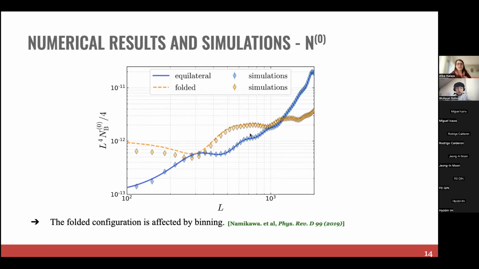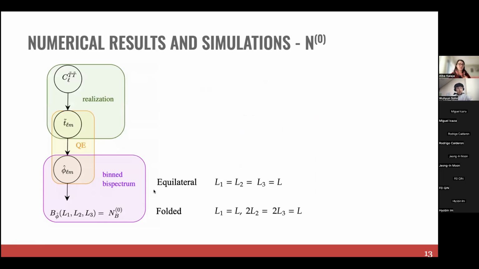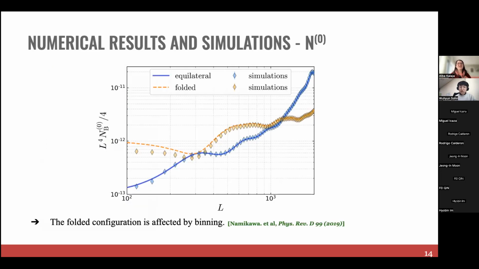Where you can see that, especially at high L's, it matches quite well with simulations, but then there's some discrepancy that shows at lower L's. We thought about what it could be, maybe due to simulations, but it's actually an effect due to binning. As I mentioned here, we use the bin bispectrum because it's faster, simply because computing the bispectrum from the map requires a lot of time. And so we use the bin bispectrum, and depending on the size of the bin, unfortunately, the result changes.